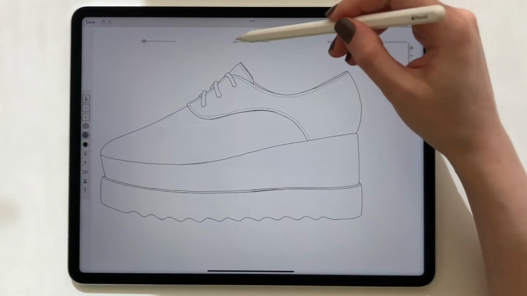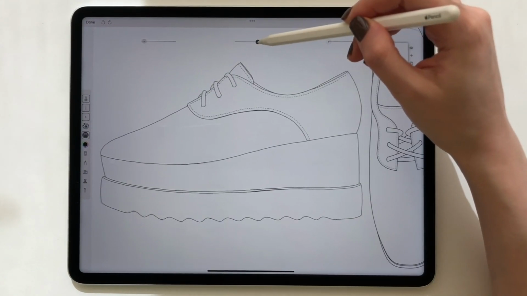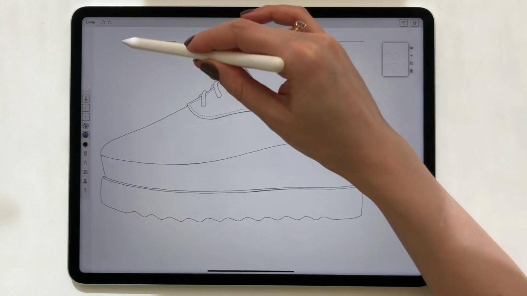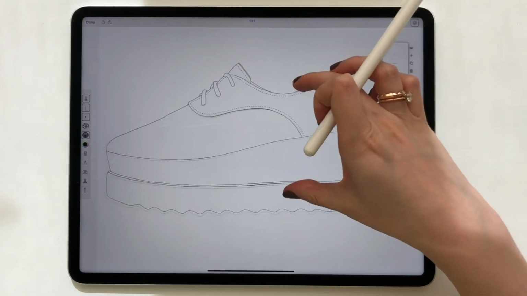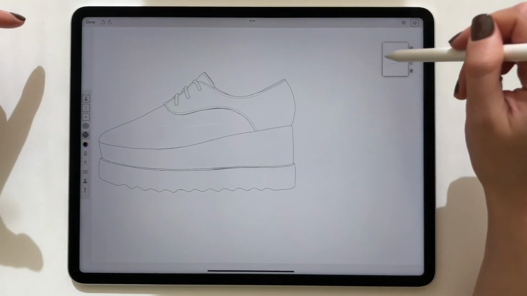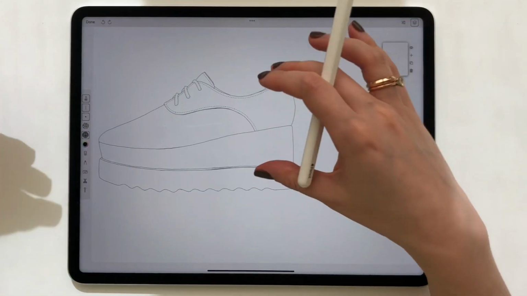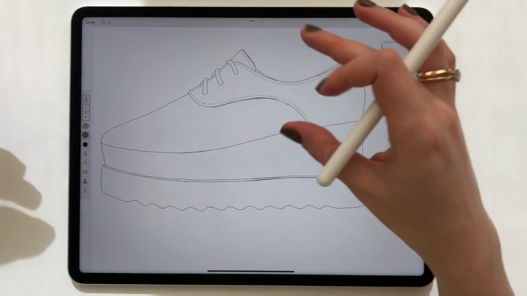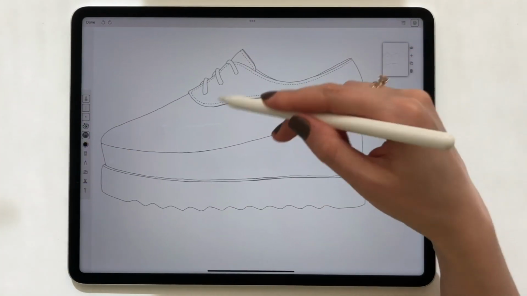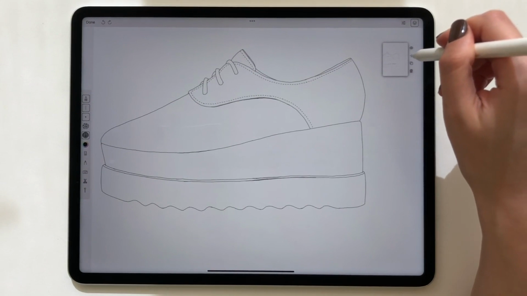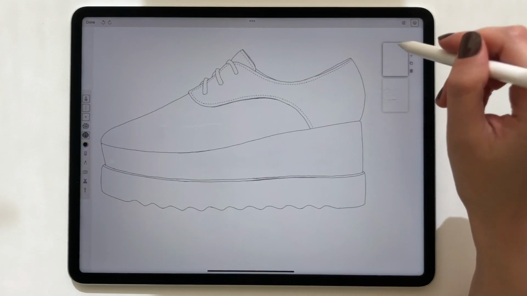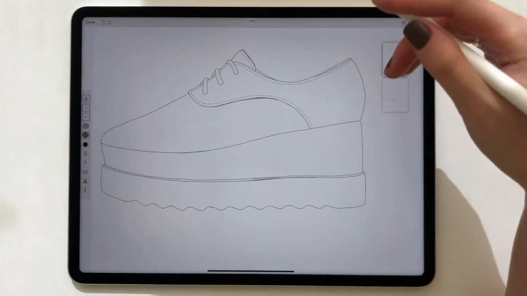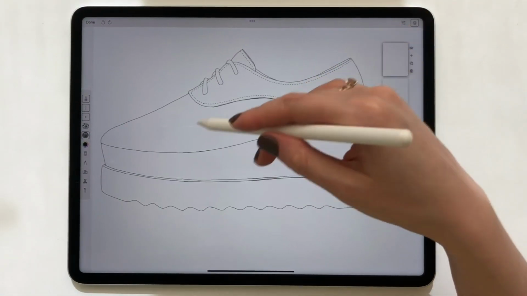I can remove it. And as I draw along, I will make sure this layer stays always on top so that the outline is always visible, and keep my coloring within these lines. So I will press plus, and I will split screen to add the textures that I'm going to use for